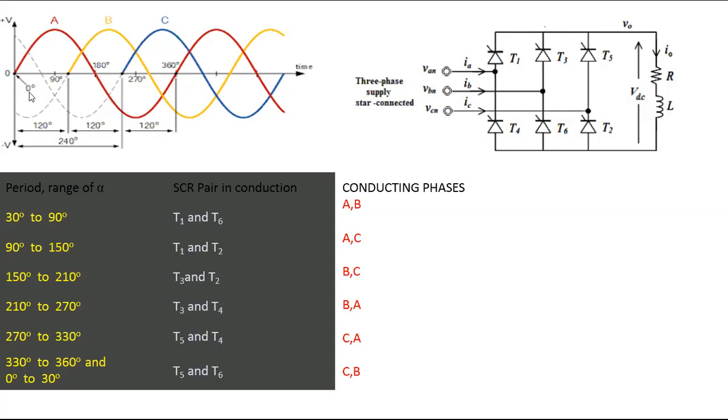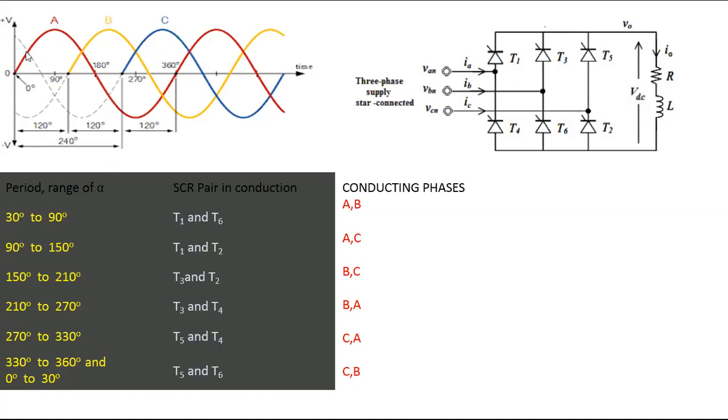Case 1 says that, regarding the SCR, what I already mentioned in the first class: why is the firing angle alpha taken as a minimum of 30, why is it not 29, why is it not 28? If you see the voltage at which the SCR can start conducting with the application of AC supply, it is after this intersection only, the intersection of A and C. Therefore, this is taken as the minimum angle at which we can apply the firing pulse to the SCR. That's why everywhere we go for alpha equal to 30 degrees, but not alpha equal to 29. Below 30, even if you give a firing pulse, the SCR cannot turn on.